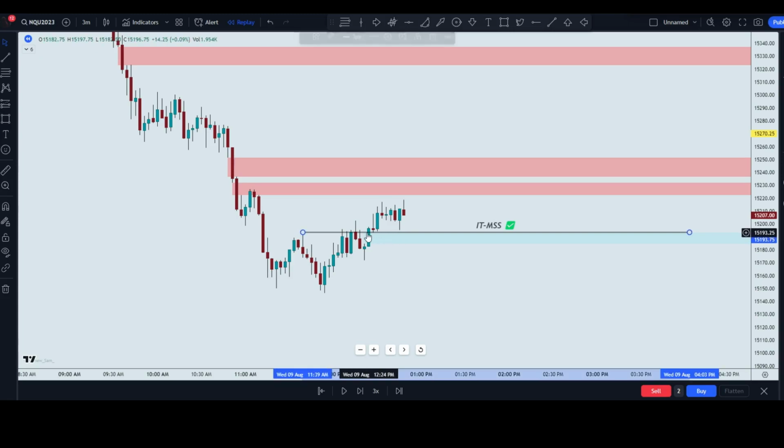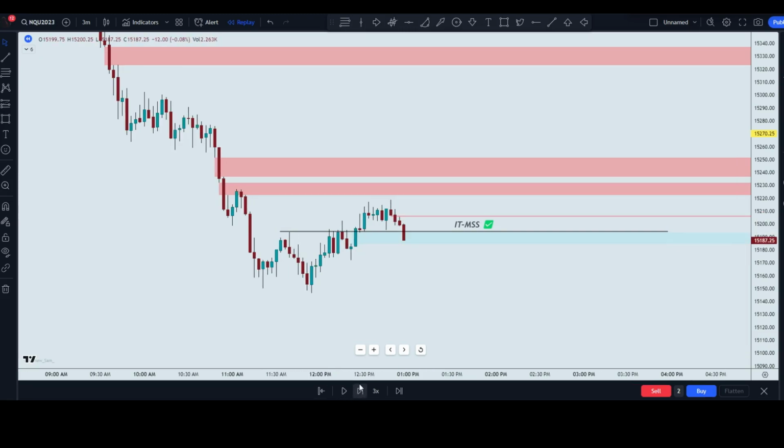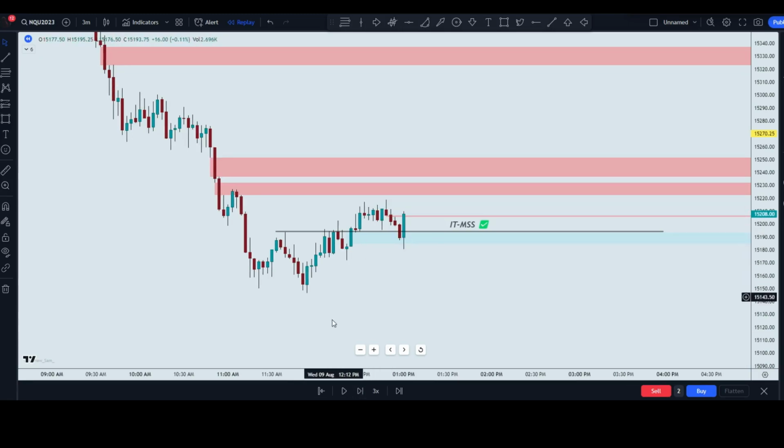It retraced back to this high that broke, which we probably should have had it on the intermediate term high right there. Let's put it on the close. So this is also what, guys? What is this right here? This is a breaker right here. And then this would be your mitigation block. So price is likely to retrace to the mitigation block. And then there's your entry right there. And then put your stop below this low.